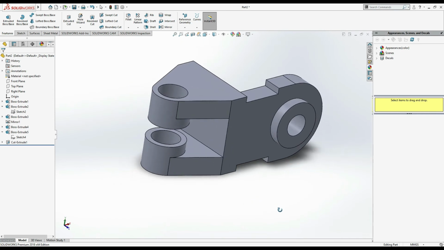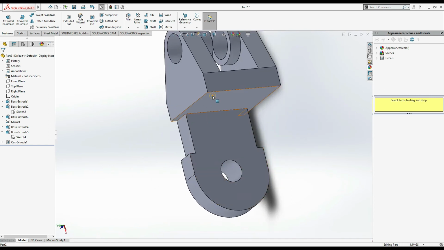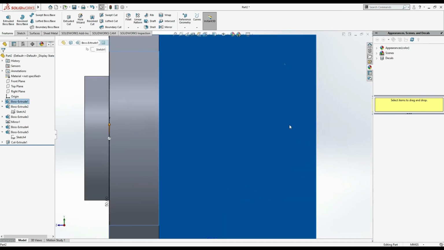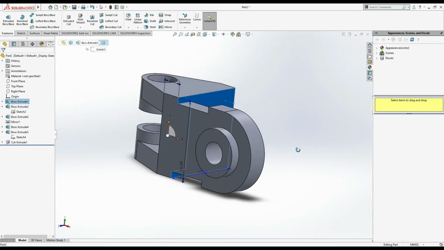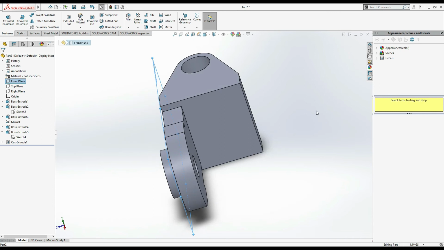As I have told in the starting of the video, we can mirror it. For mirror, first of all select this, Control 8. Now I have to mirror these, so first of all find the plane which is on the mid of this face. So front plane, right plane. Front plane is on the edge, so